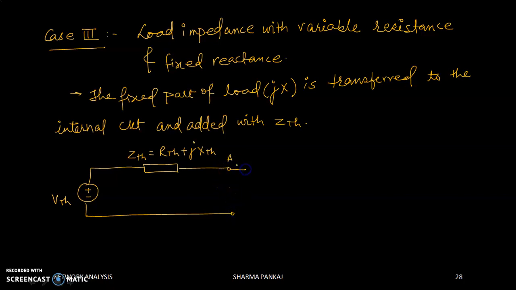This is your R, this is your jX, and this is varying. This is point B, terminal B, and also